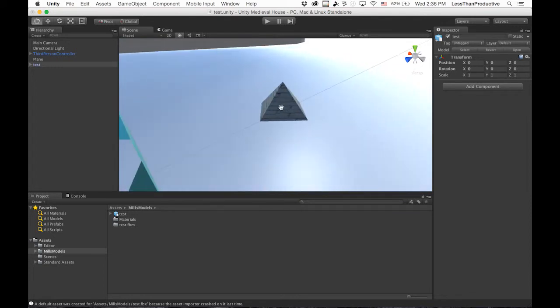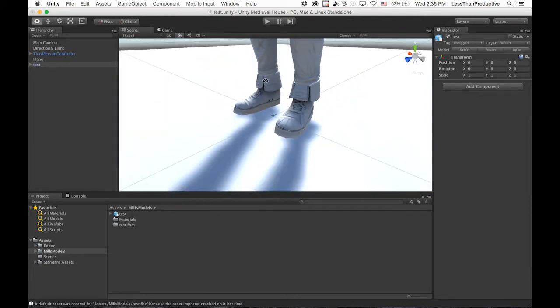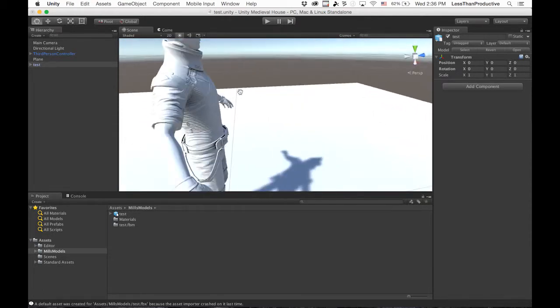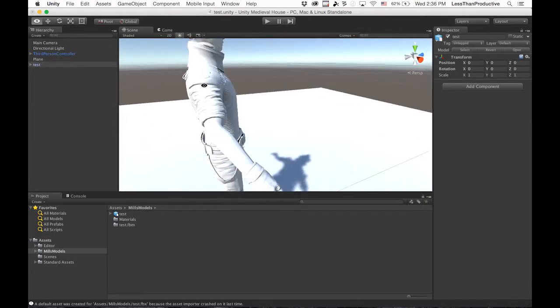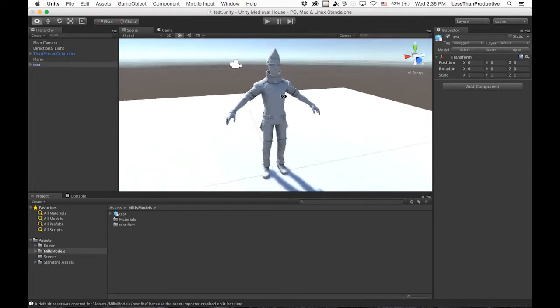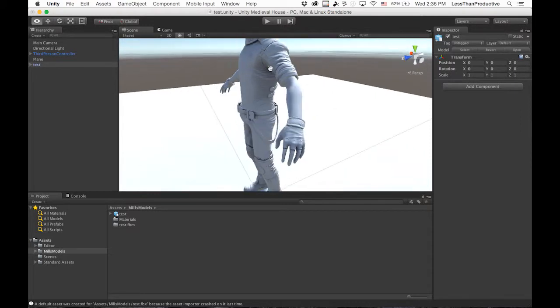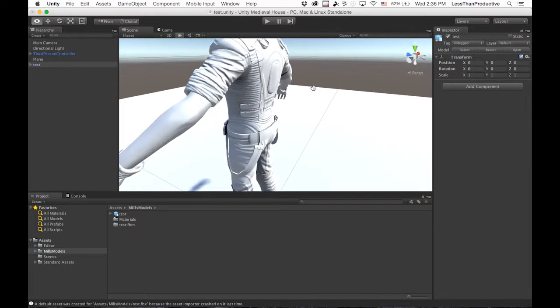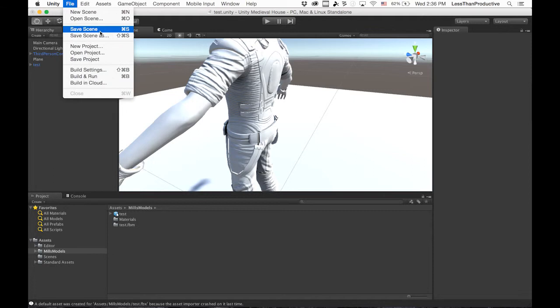If we zoom in, we can see that that one actually has the texture. Also notice how detailed this character is with all his ridges. We're going to bring him into Maya and you'll see the difference, and all this detail is added with normal maps, which allows a model to have a lot of detail without the extra information that comes with polygons, and I'll just show you. So from here we can save the scene,